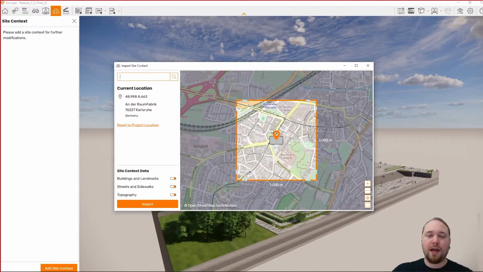Here we are, and as you see, Enscape will find this address by taking the street name. You can also search for a city. You can even enter coordinates, and Enscape will find it just fine. On the left side, we see an overview of where we are at the moment, and in the middle, once again,